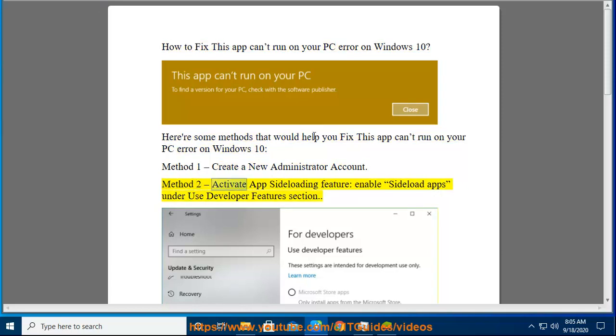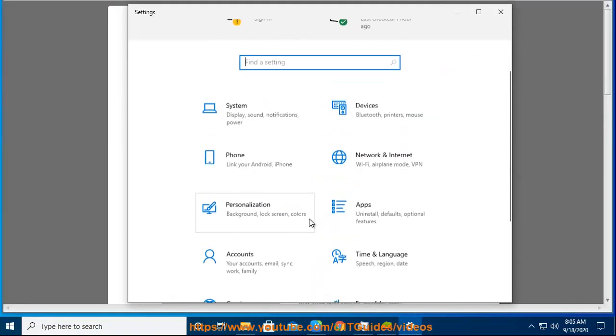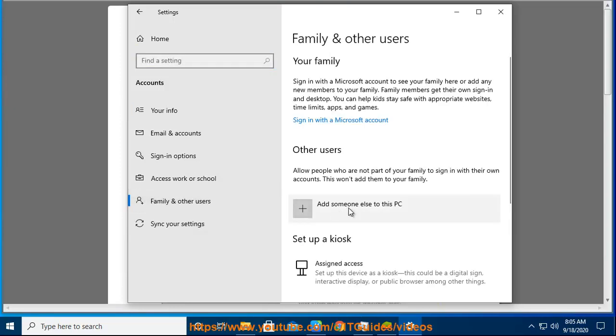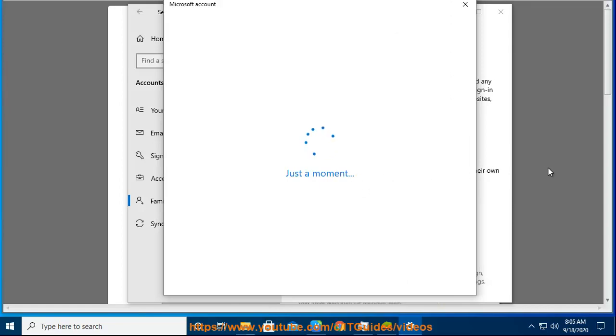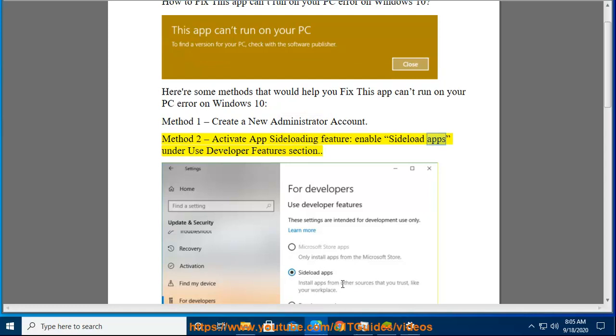Method 2, activate app side loading feature, enable side load apps under use developer features section. Method 3,